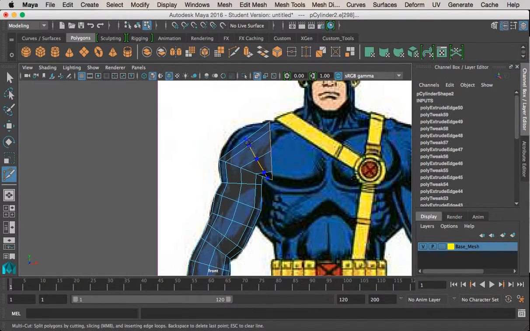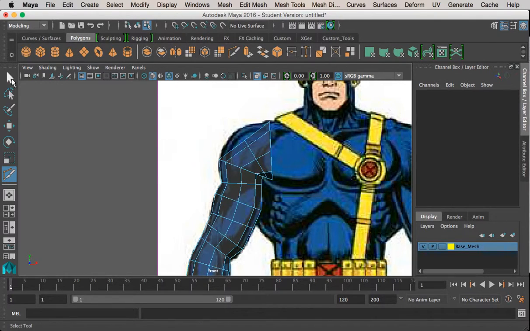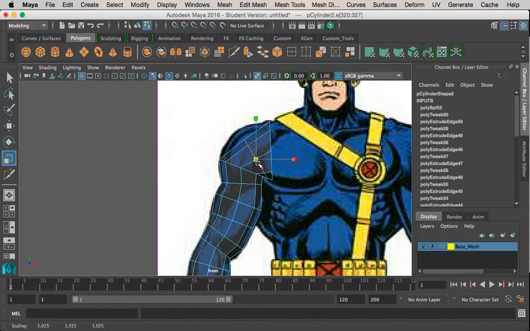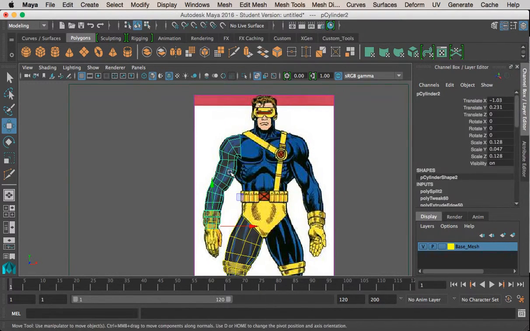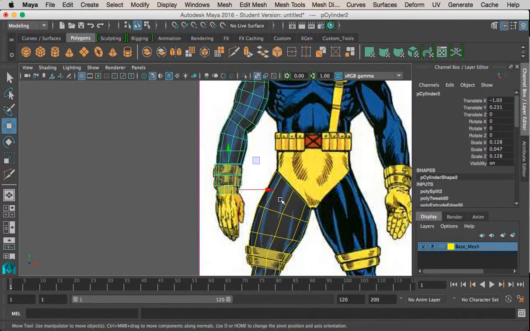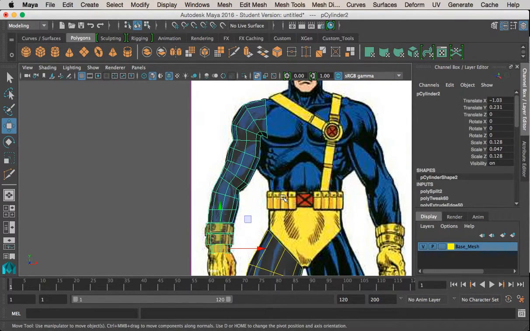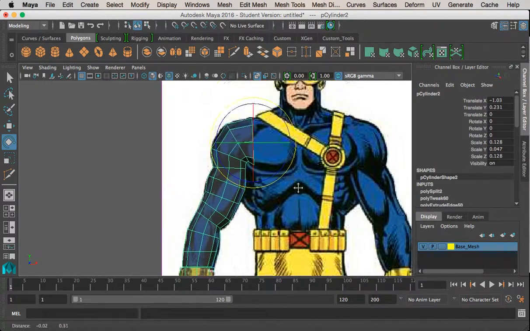And in here I'm going to use the multi-cut tool, and I'm just going to cut right around here and select that edge loop, and there we go. Okay, so that's that. That gives me the shape of it. Now, one thing I'm going to need to keep in mind is if I hold D, that activates my pivot point. And I'm going to align my pivot point right over here, right with the mesh. And I'm going to zoom in here,